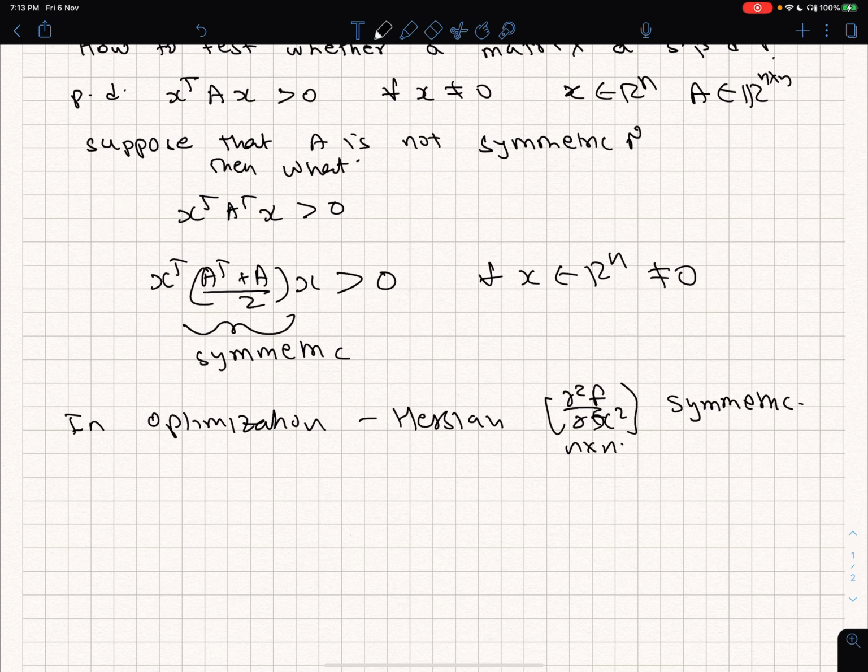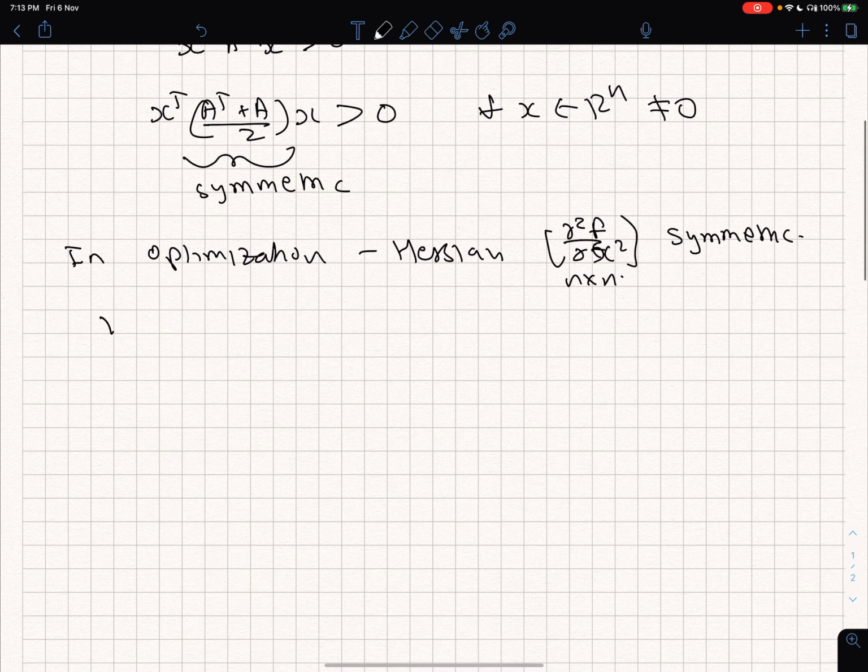Okay, let's go back a bit. First of all, we are looking at the vector space Rn. Why do I call this a vector space? Because two things. If I take x, a vector in Rn, and y, another vector in Rn, and I add the two, then the resulting vector is also in Rn, and hence I say that it is closed.